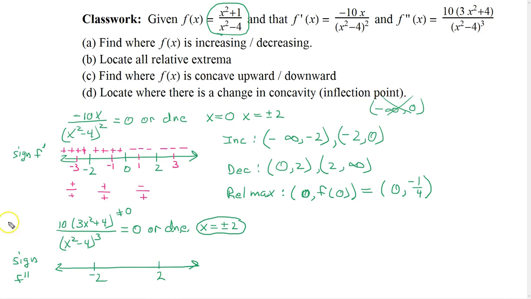And then just pick some test values in here, -3, 0, and +3. And we need to put these test values into the second derivative. So if we put -3 in here for x, now the top is always going to be positive, so we don't need to worry about that. So we would get a positive number